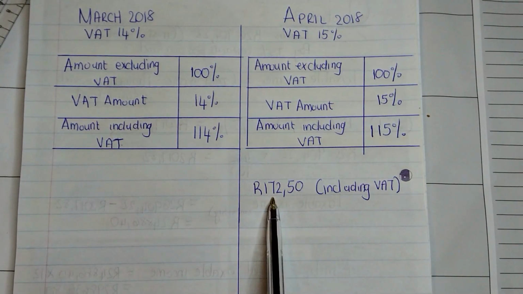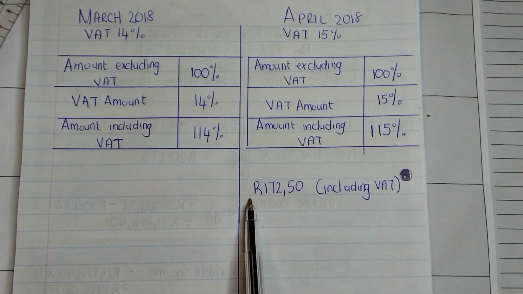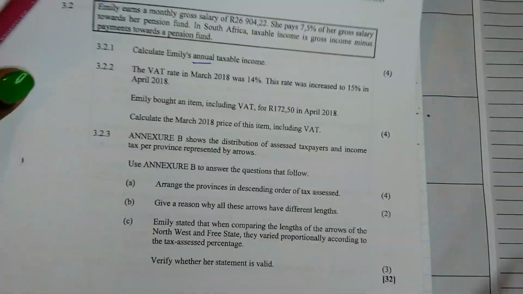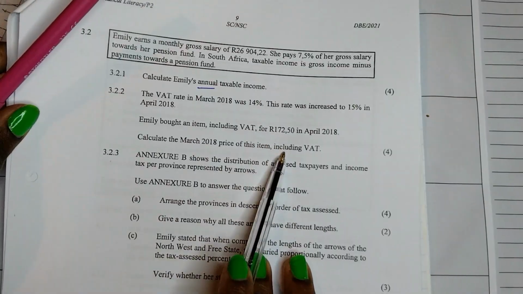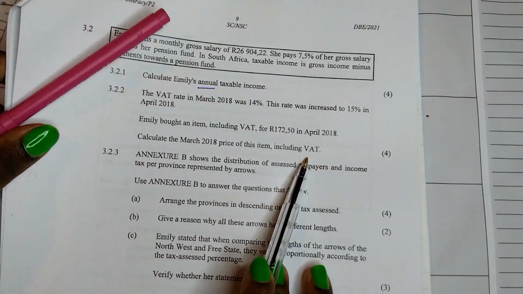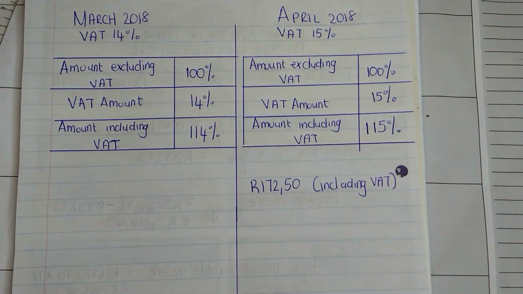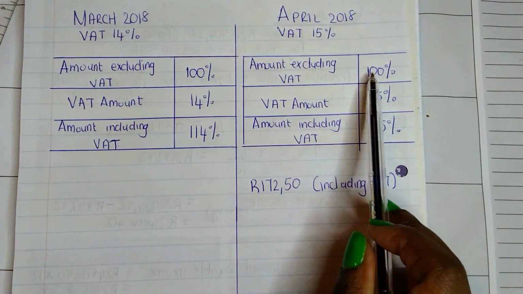And the total was 172 rand and 50 cents in April 2018, okay? We need to calculate the March 2018 price for this item, including VAT, right? So before we can even start calculating the price for this item in March 2018, we need to get what the amount was